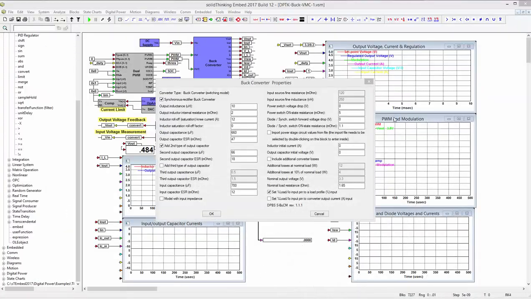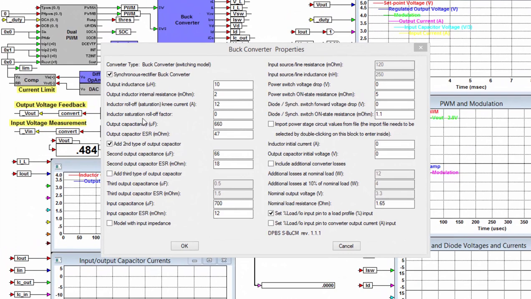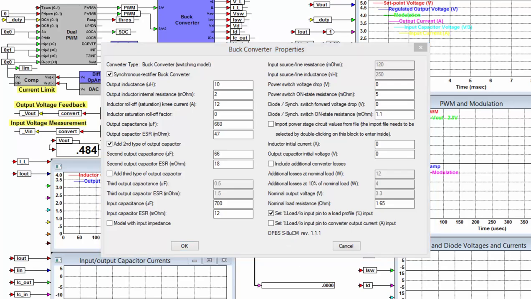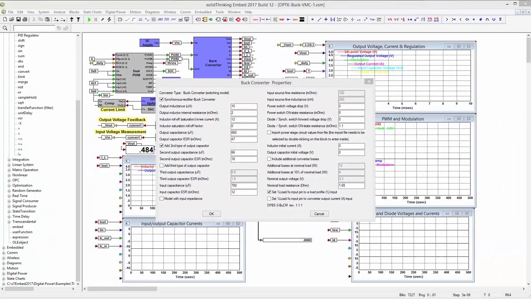So we're representing this with a first capacitor of 660, two 330s in parallel, and then the second capacitor type, which is the ceramic type, is 22 microfarads, and there's three in parallel there. We've got the input capacitance represented here, and we've got the MOSFETs represented here, which we can see from the